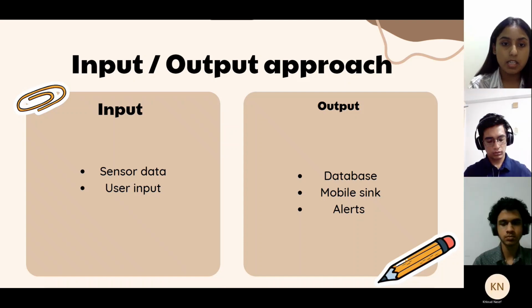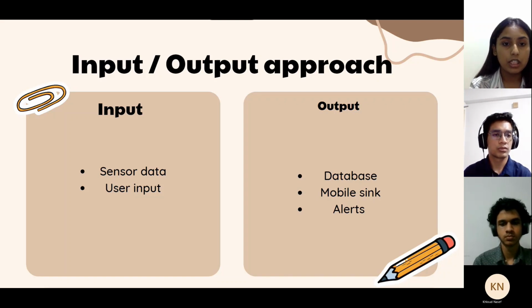Next will be the mobile sink. For the mobile sink, the system employs a movable device that goes around the entire agricultural field, collecting data from all the sensor nodes. The data will then be wirelessly received by the mobile sink and processed in real time. It also does data analysis on the received data by implementing machine learning techniques to detect any anomalies.